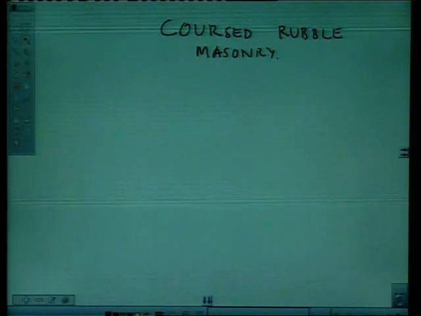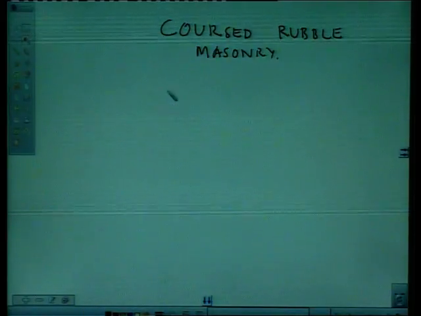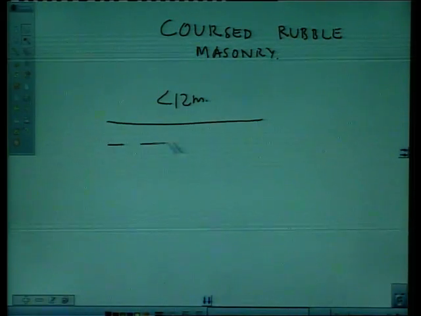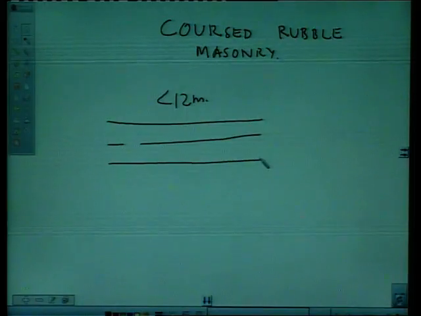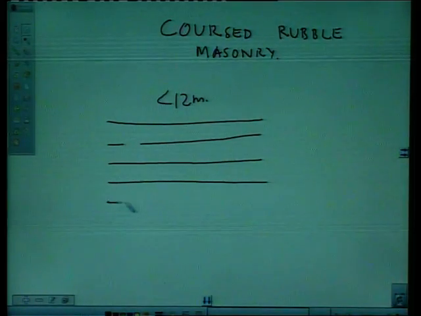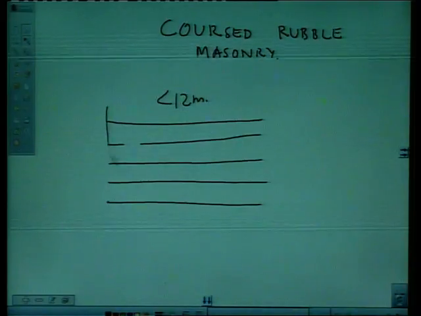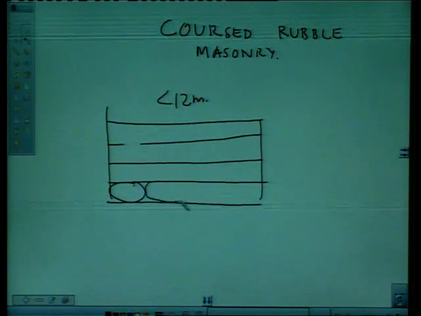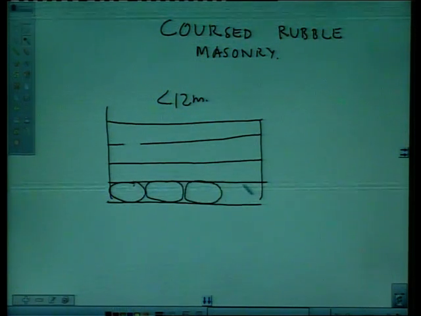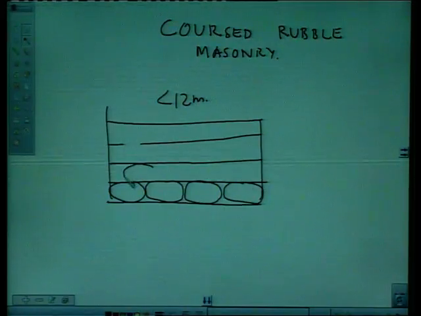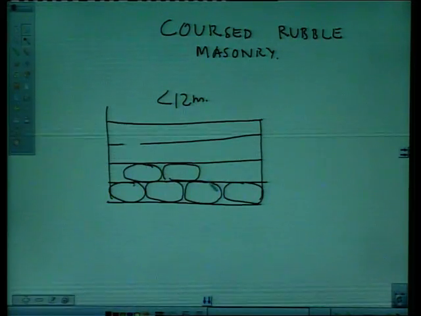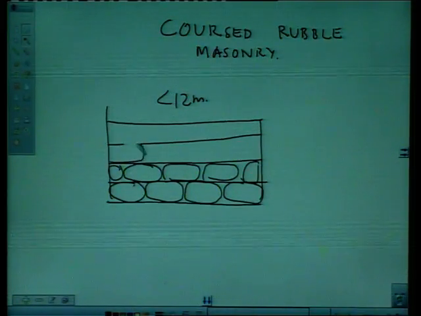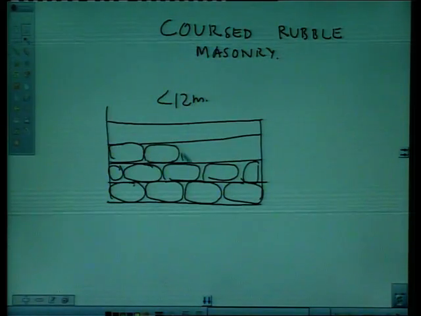The course height is less than 12 mm and it is uniform. So, then you can say coursed rubble. So, if you have the same size of all the blocks, then this is called coursed rubble masonry, like this one. So, of course, mortar